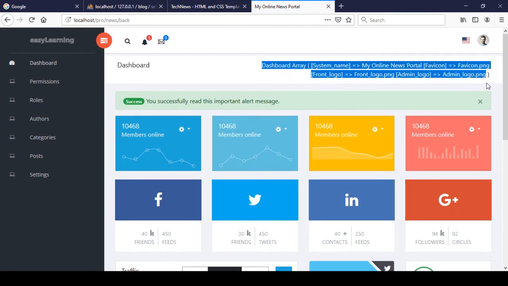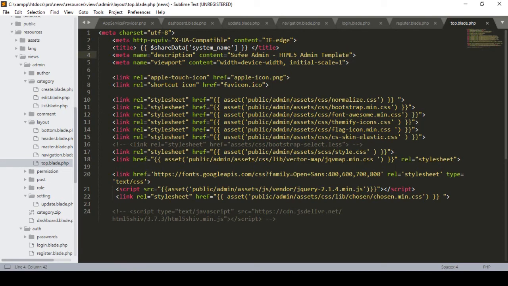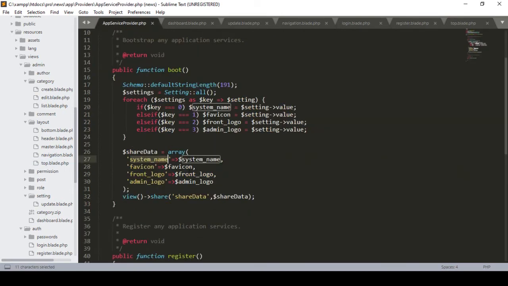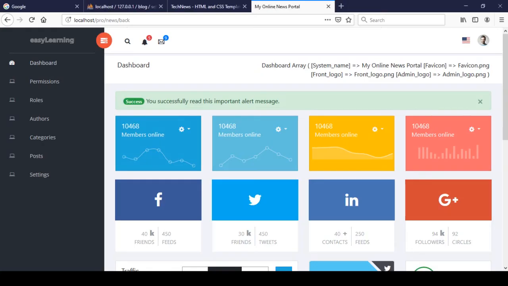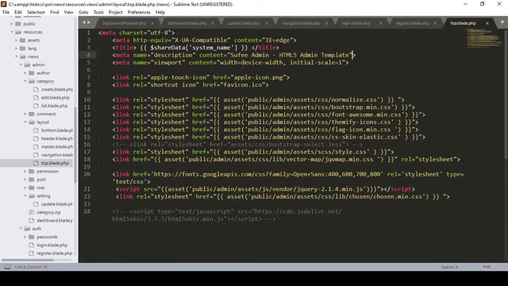As I told you, if you know these things, then you can actually access every page. You can pass every value to this page, that means the app service provider page. Okay, so how easily now we can actually do that work. And now I also want to add some favicons. So if you go to our top bar, that is the top blade, and here you can see there is also